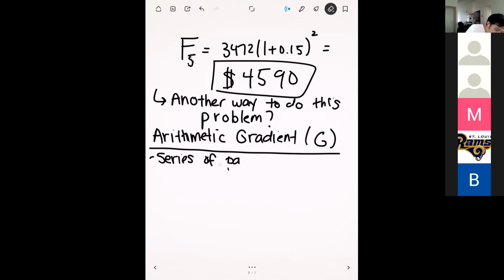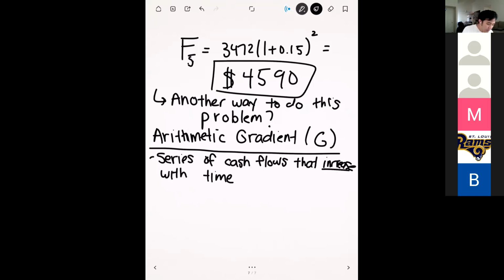Let me be more general. I'm going to say a series of cash flows, and so the key here is increase. So if we draw the cash flow diagram that represents this,